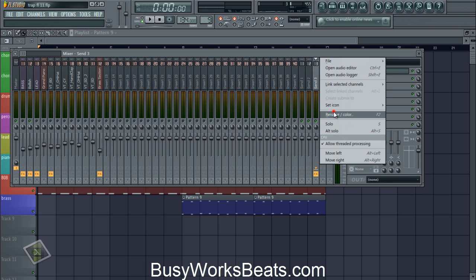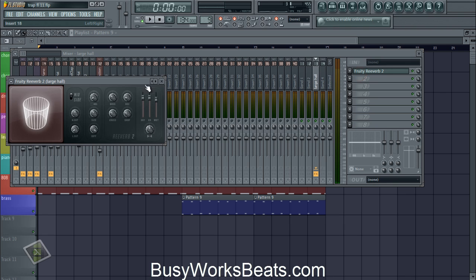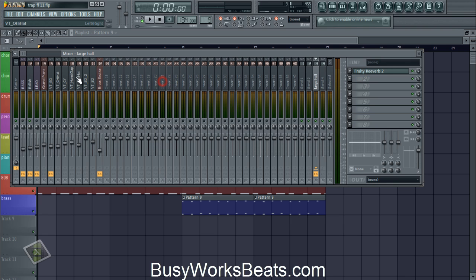So rename this large hall. The knob down here allows us to mix bellish into the large hall, so it has more reverb when we call it up. Now make sure in the reverb you turn the dry level all the way down. So that's all we need to do for that.